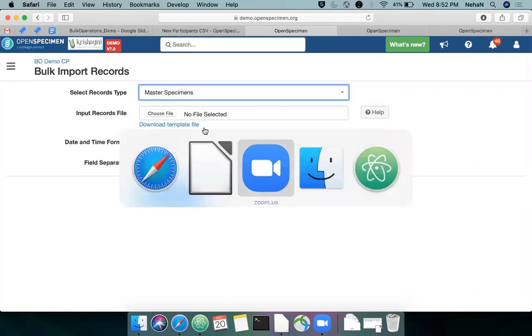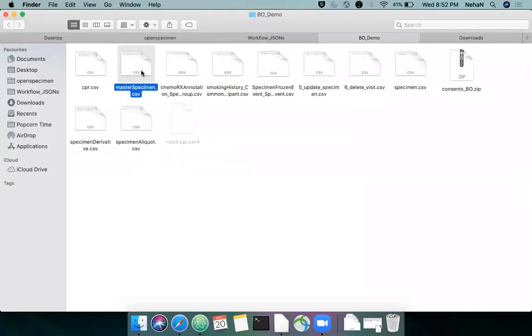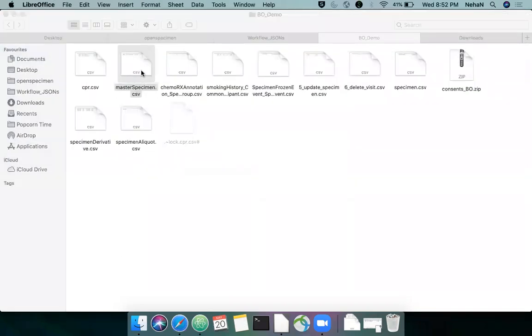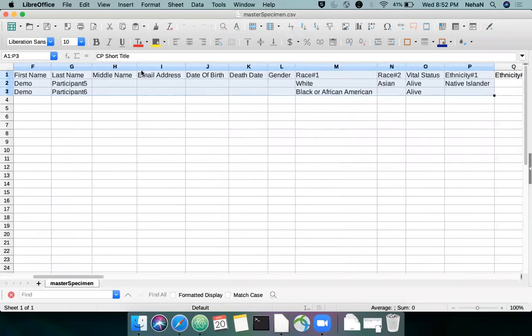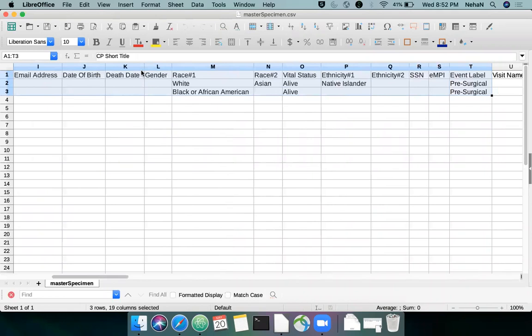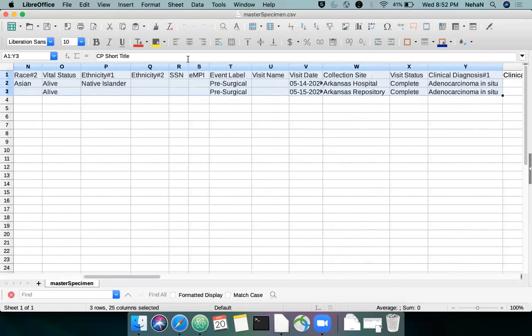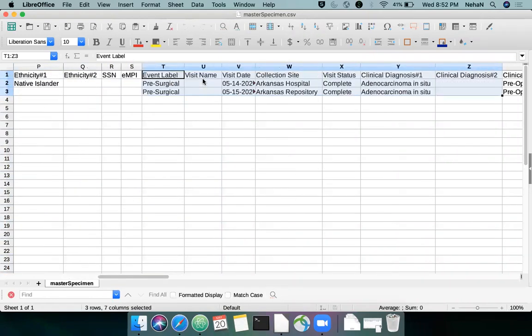So let me just open the master template file for you. Okay, so here it starts with the registration of the participant, similar to what I did in the CPR file. Till here it's all the participant data. After that we start with the visit level fields.